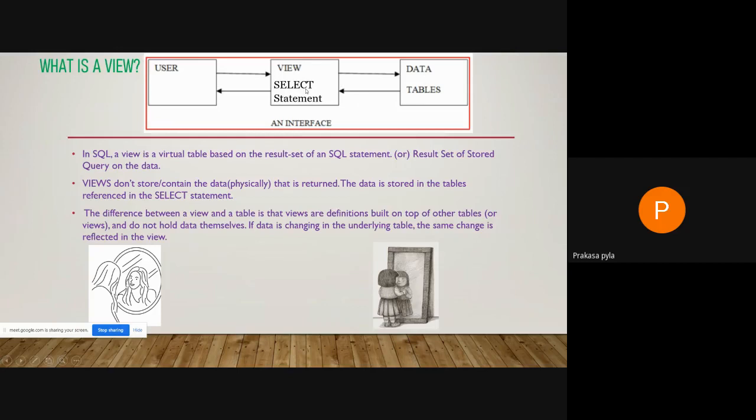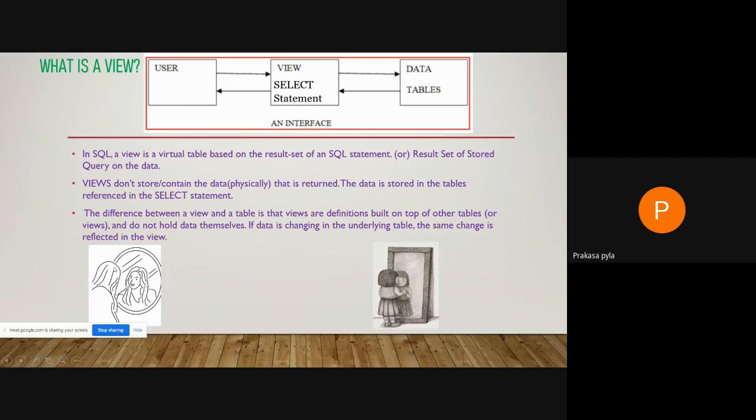Now the difference between the view and the table is that views are always built on top of the tables only, and we know that they don't have any data inside. Hence, the data changes in the table will also reflect in the view. That is right to understand.